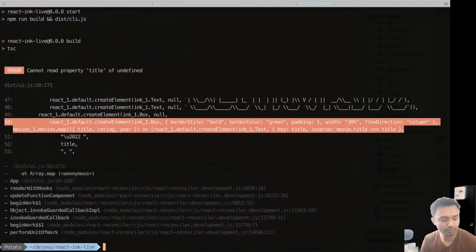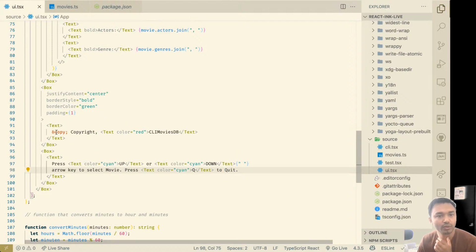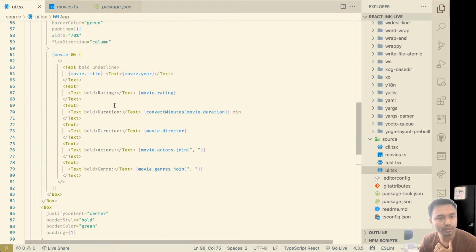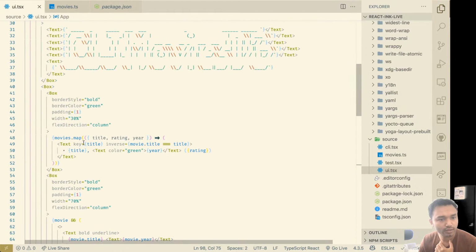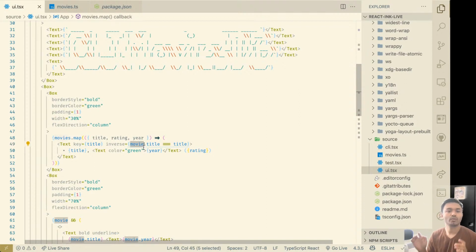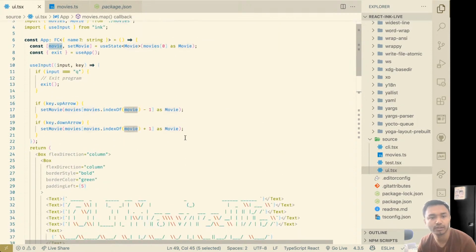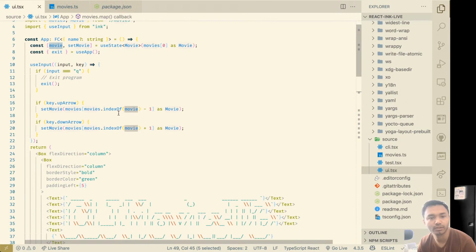So if it fails, so this error wasn't there before, but it started showing up after this. So these colors and these things, because movie title was undefined. Okay, so another thing we need to make sure is we're not going out of bound of this array. So we'll need to check this one, right? If this is